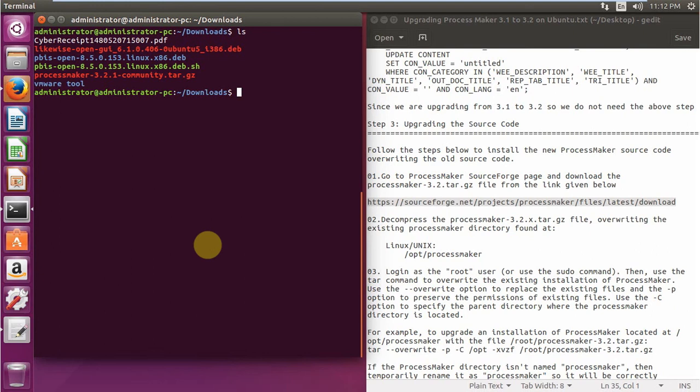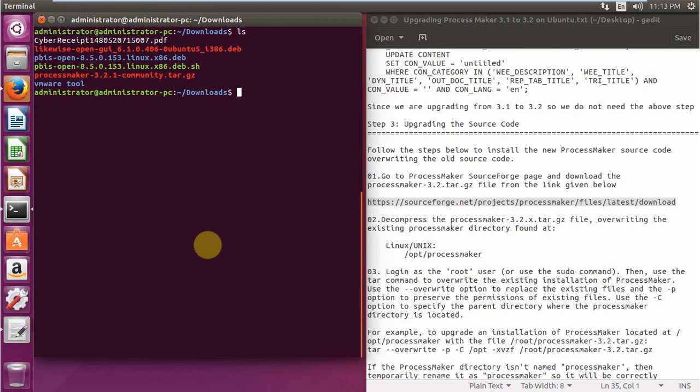For example, to upgrade an installation of ProcessMaker located at /opt/processmaker, tar --overwrite -p -C /opt -xvzf /root/processmaker-3.2